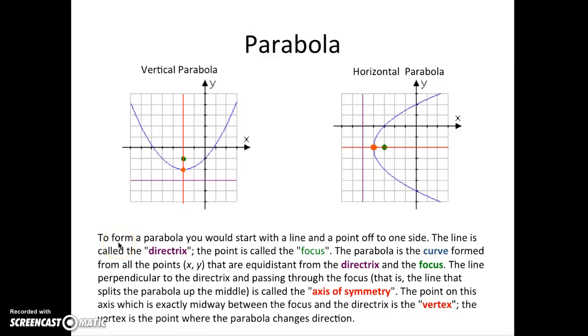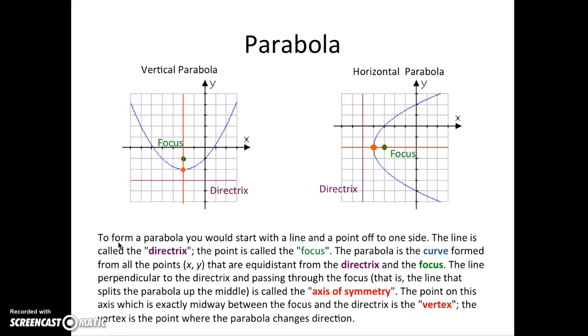In this video, you will learn about the conic section of a parabola. To form a parabola, you will start with a line and a point off to one side. The line is called the directrix, and the point is called the focus. So we have the directrix, the vertical or horizontal line, and the point inside the parabola is called the focus. The parabola is the curve formed from all of the points x and y that are equidistant from the directrix